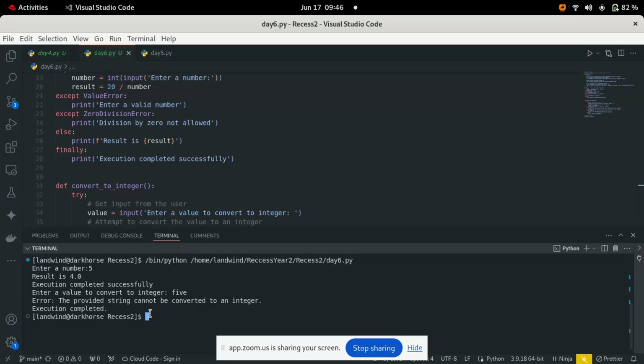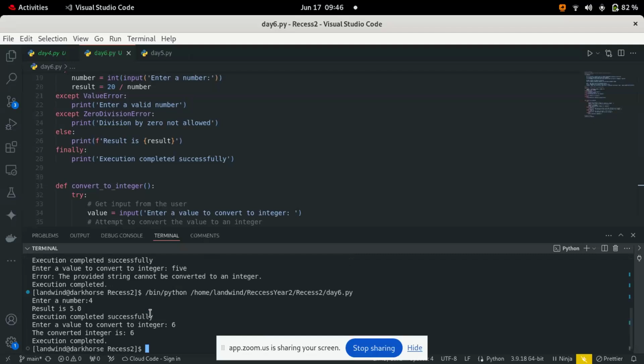When I run my code again with varied data, let's say 6, though it is obtained from the keyboard as a string, it can be converted easily to an int. So when I run it, the converted value gets printed and the finally block also gets executed, which is execution completed. So it shows the conversion is taking place.